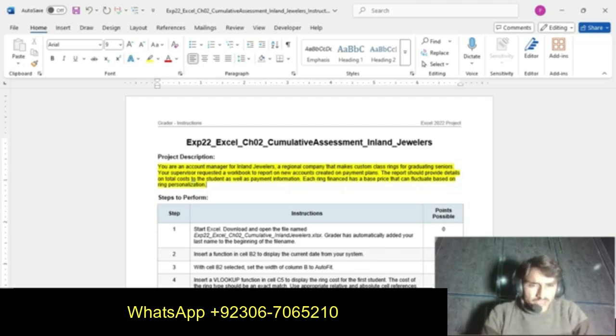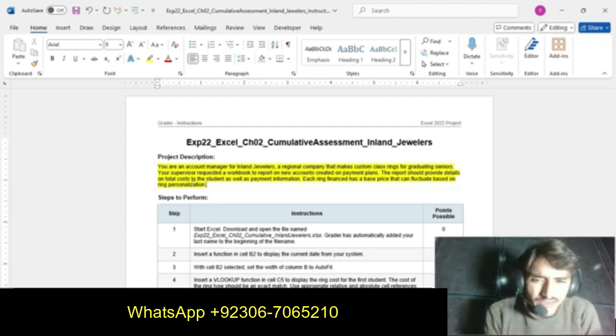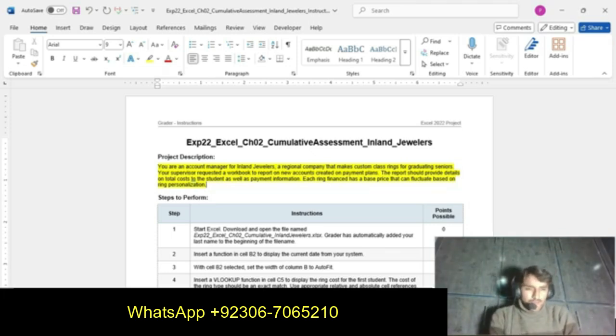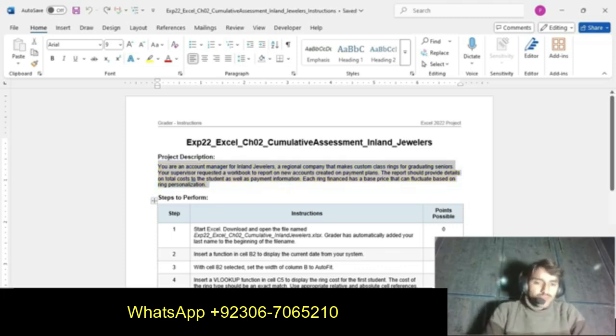Each ring is financed at a base price that can fluctuate based on ring personalization. So we get the idea what we do in this assignment, what the process of this assignment is. So now we start our project.